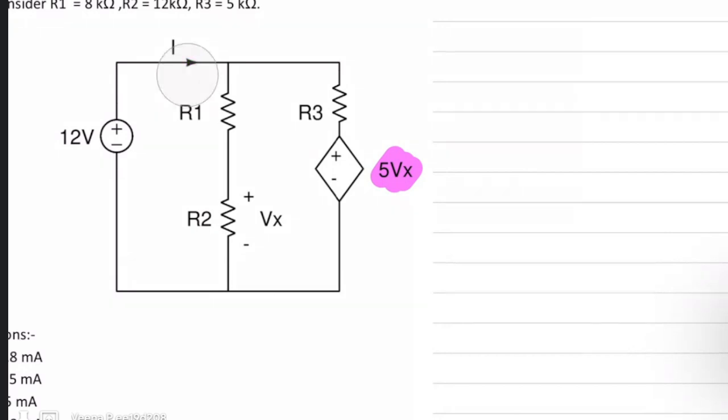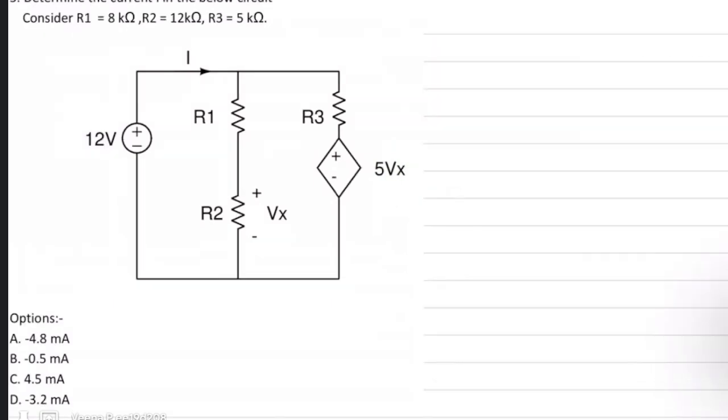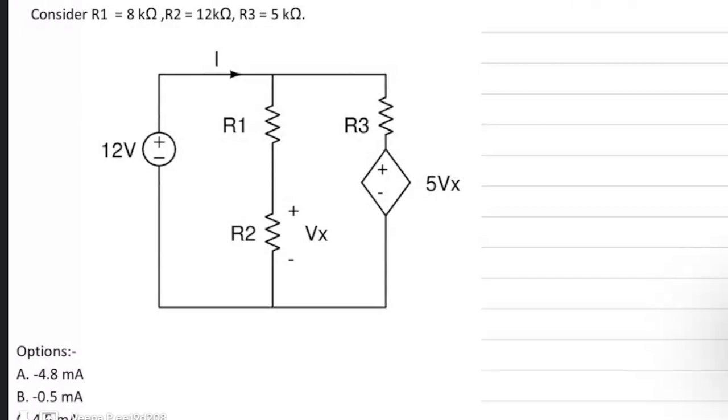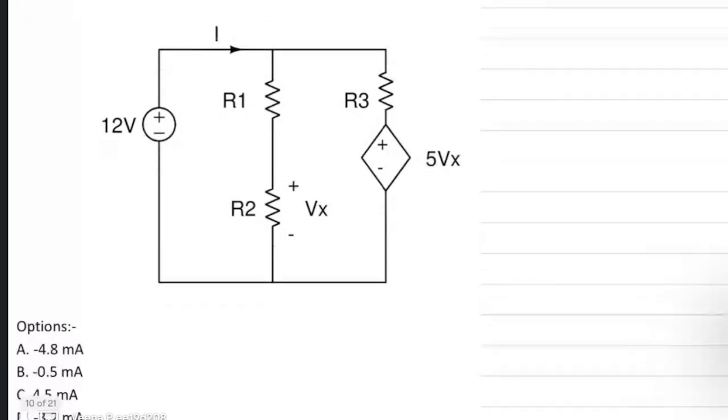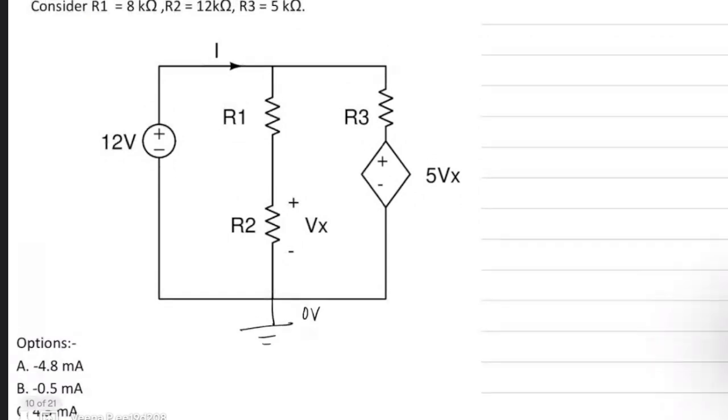So this is a pretty simple question, I think, for most of you, who have solved similar kinds of questions. Now, when a reference is not given, as I've explained in previous classes, you have the liberty to choose any one point as your reference node. Reference node means the voltage at that node is 0. Now, you can solve this using Kirchhoff's current law, or you can generally solve it from the circuit itself. So let me illustrate how you can solve it from the circuit itself. So you have already assigned a reference node which is 0 volt.